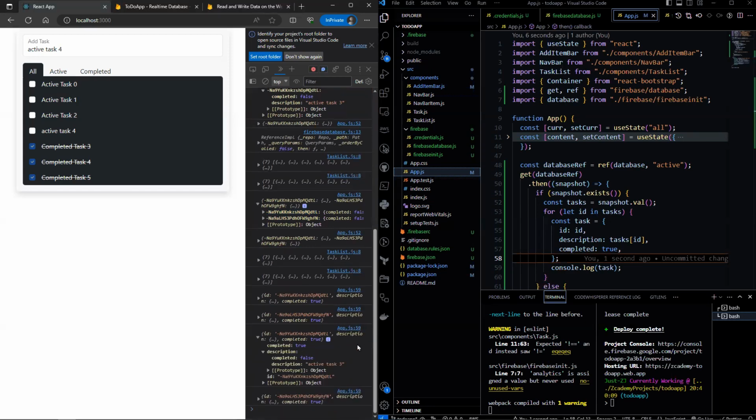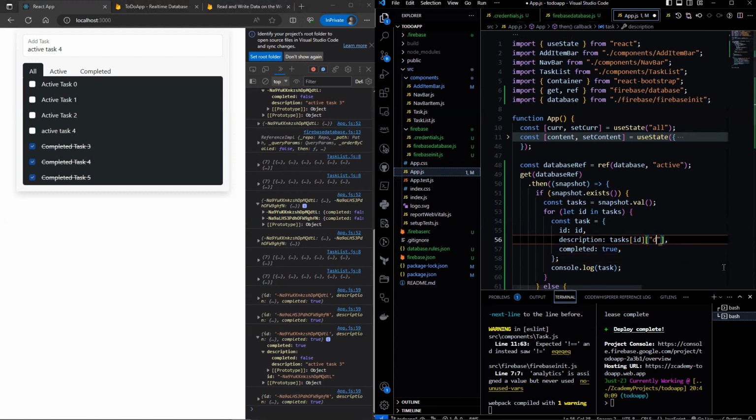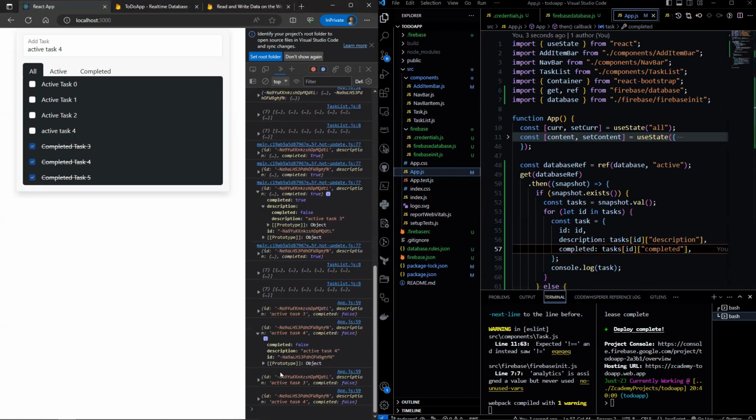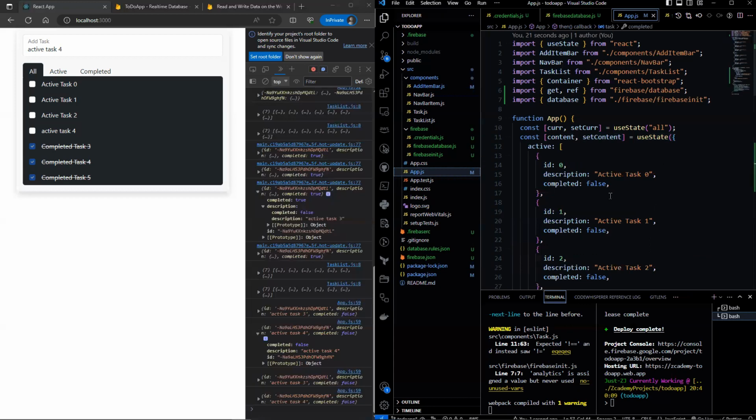Now notice that this is not the structure that we wanted, so we should further access the property of description here, and also the value of completed. This structure is now correct and the same as what we have here.